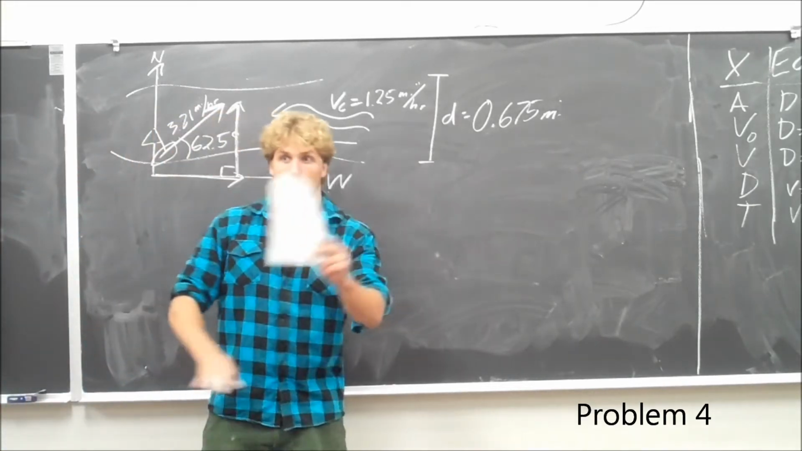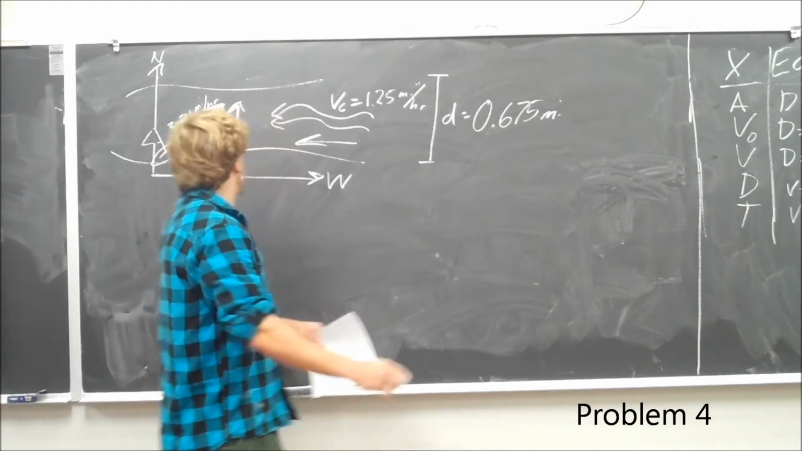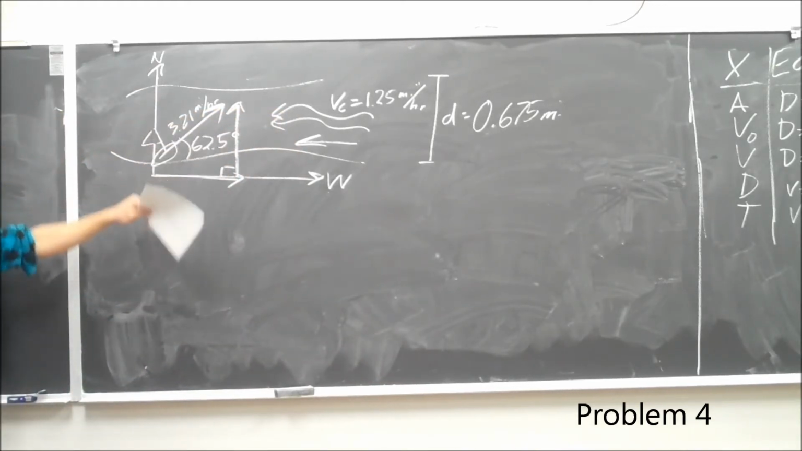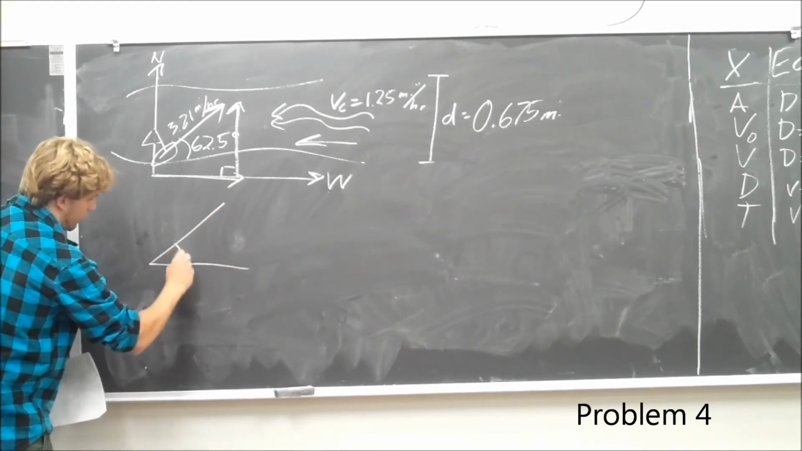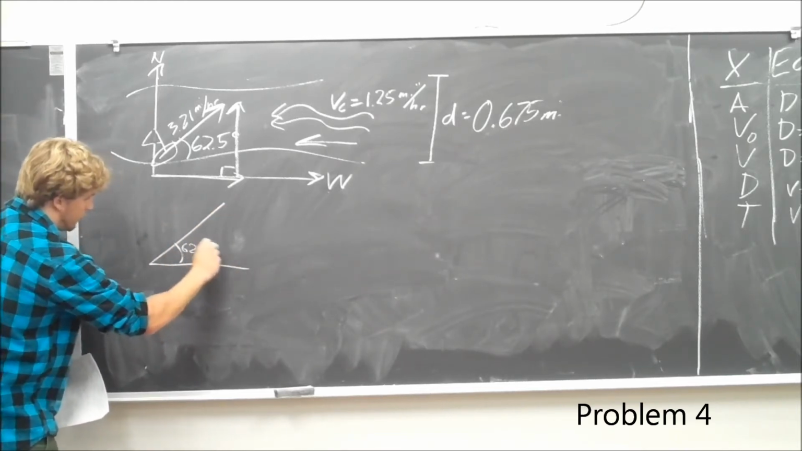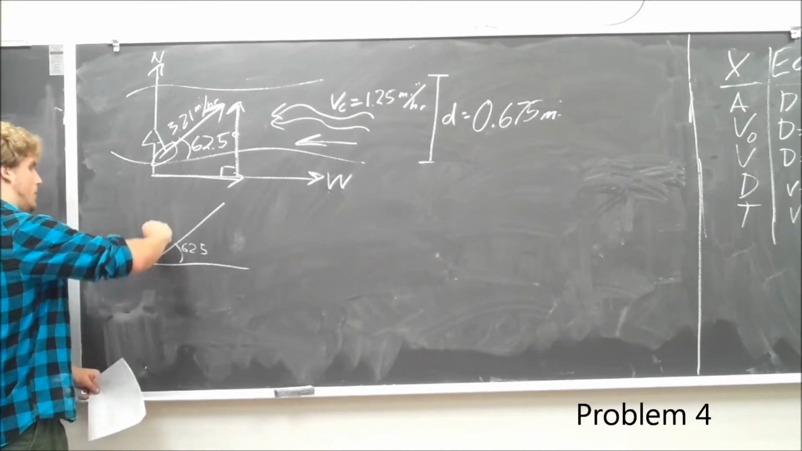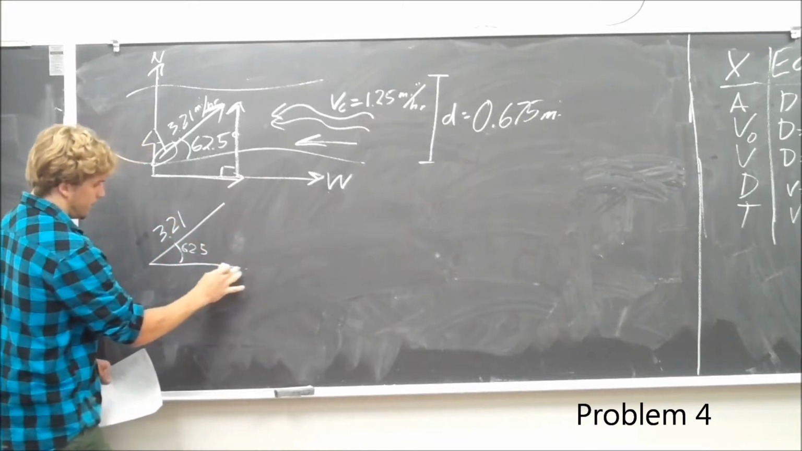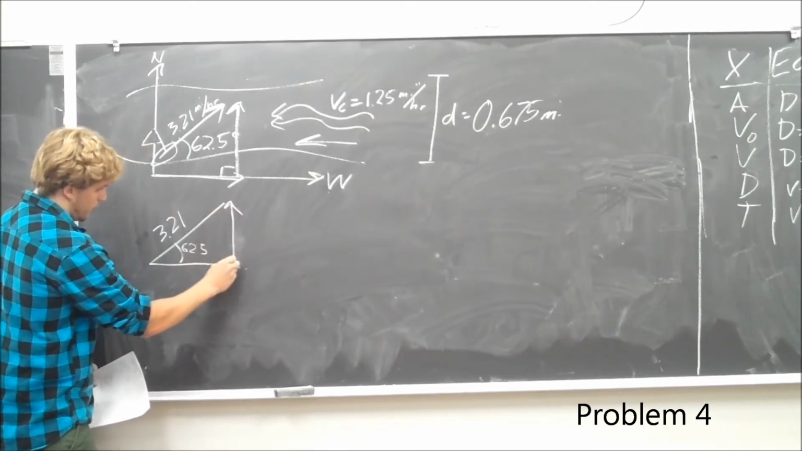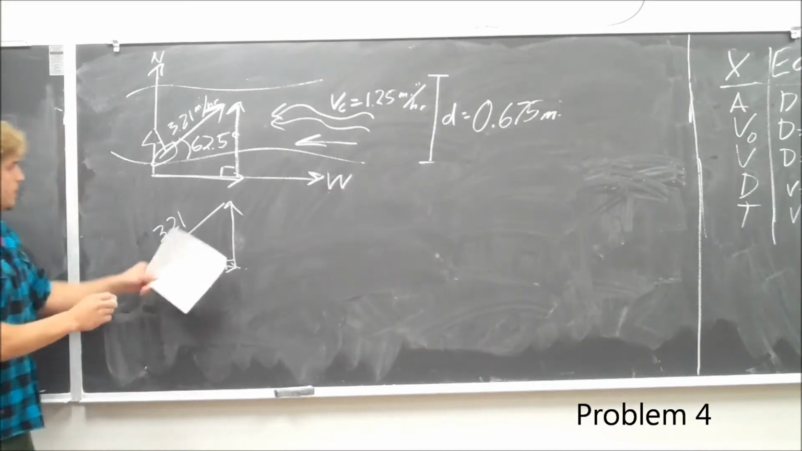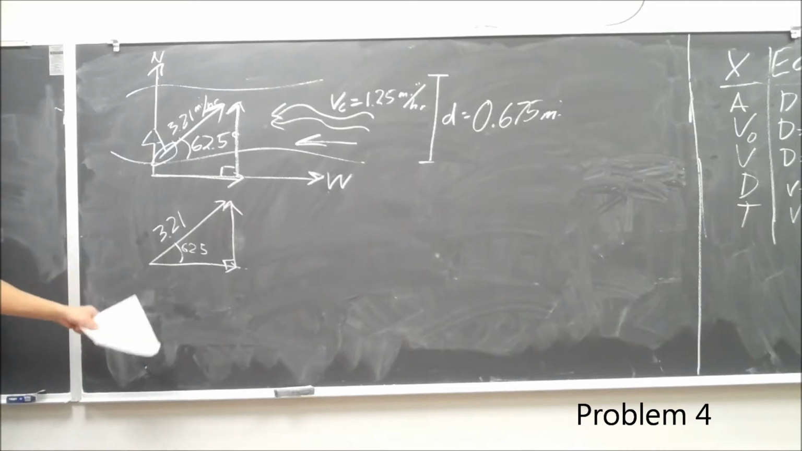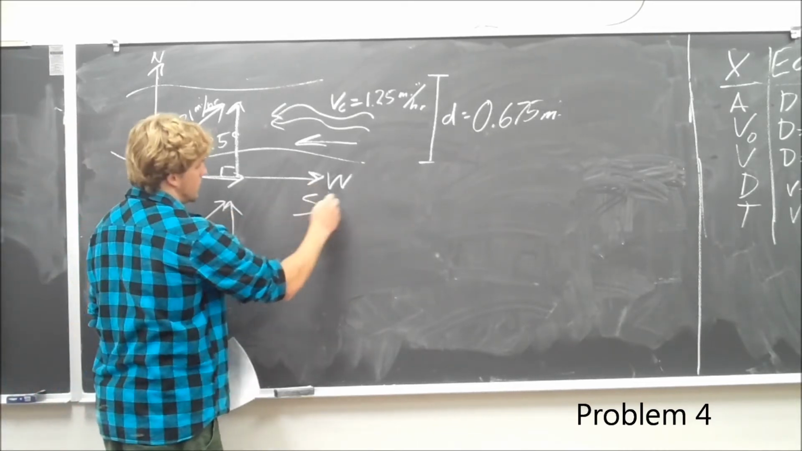Just as a review for all of you, because we've gotten asked this a lot. This is the angle theta, okay? This is 62.5 degrees, and we know the hypotenuse is 3.21. We want to make this vector into two separate vectors, a horizontal and a vertical. How we do that is,